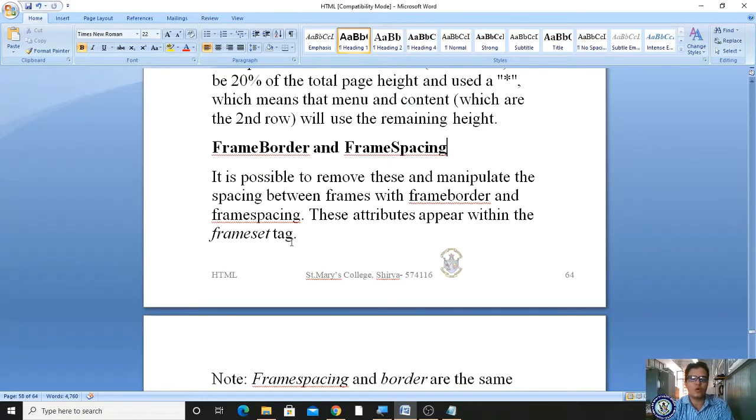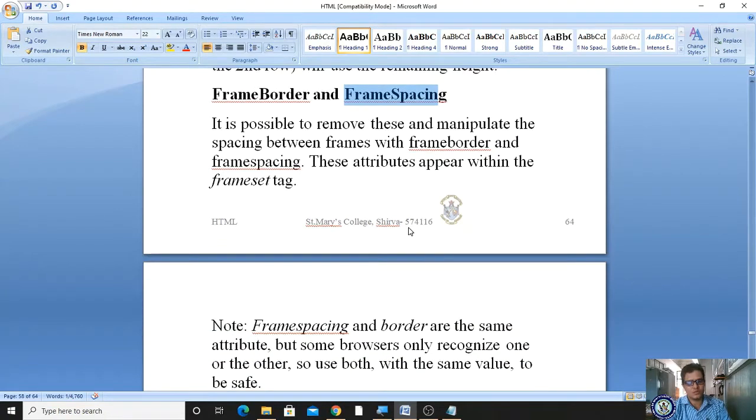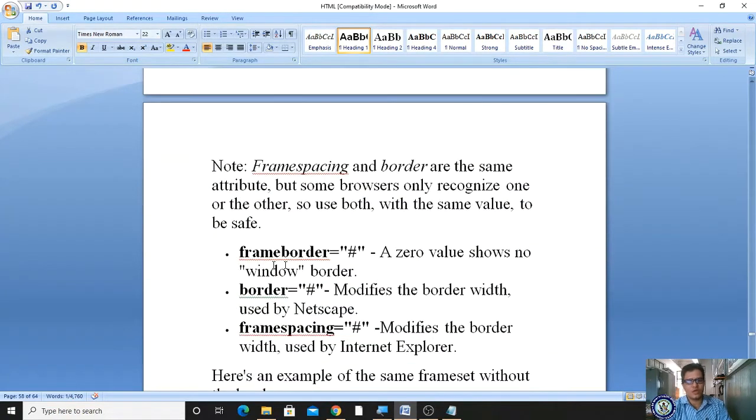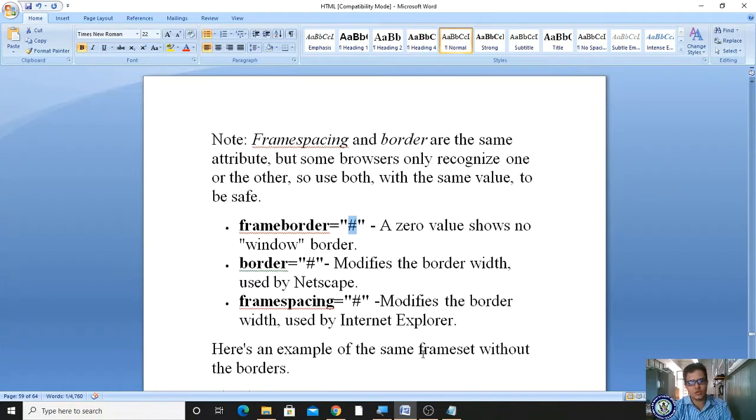To give borders for our frames, we have to use the frameborder attribute of a frameset and the framespacing attribute. Here the frameborder you can specify with a number. A 0 value shows no window border. Otherwise the border modifies the border width used by your browser. Here Netscape means the browser, and framespacing modifies the border width used by Internet Explorer, your browser.